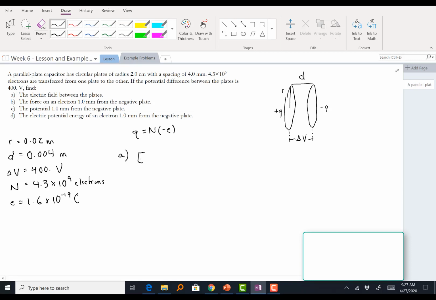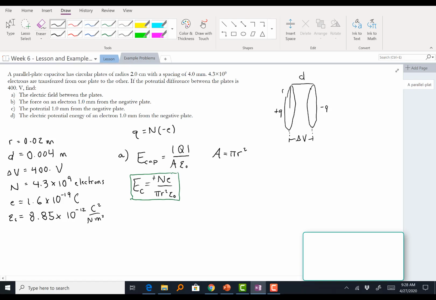All right, so we're looking at a parallel plate capacitor, so we're going to use this capacitor equation that we wrote down before. We have our epsilon naught constant. The area is going to be the area of one of these plates, and since they're circular, I'm going to be looking at the area of a circle, pi r squared. And then Q is what we just calculated before, so substituting this all in, I've got a final equation for the electric field between my two plates, and then based on the way that I've drawn this, I would have my electric field pointing from positive plate to negative plate,